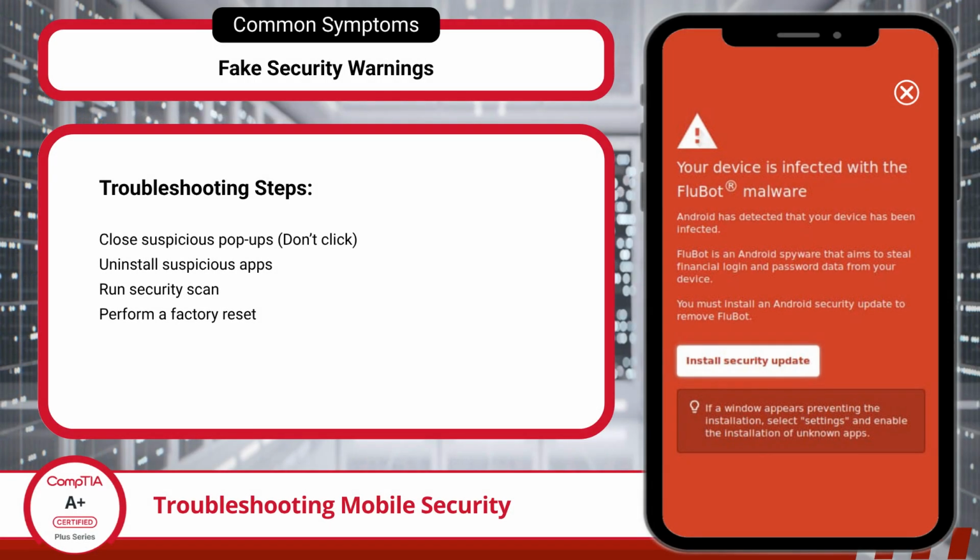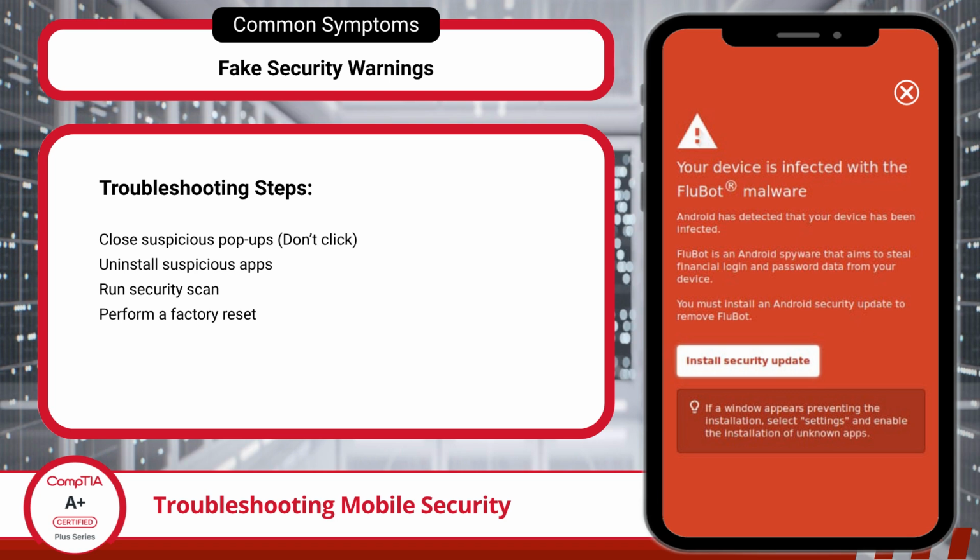Another telltale sign of malware is fake security warnings. These warnings usually come with aggressive pop-ups, urging users to download a security app or antivirus tool, which is in fact malware disguised as protection software. The scare tactics are designed to create a sense of urgency, prompting users to take immediate action without verifying the legitimacy of the warning. Once downloaded, this malicious software can cause even more harm, from data theft to further infection